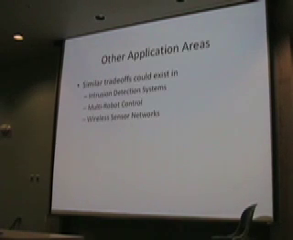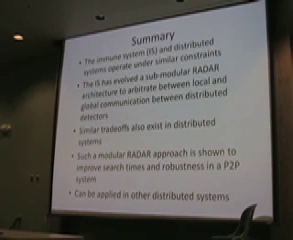Similar trade-offs could exist in intrusion detection systems, multi-robot control applications, and wireless sensor networks. So that's there for future work. And just to summarize very quickly, the immune system and distributed systems